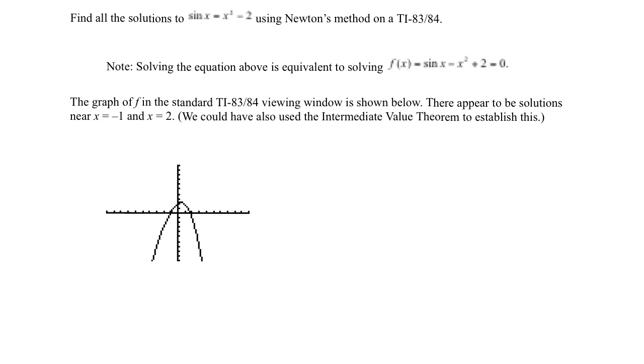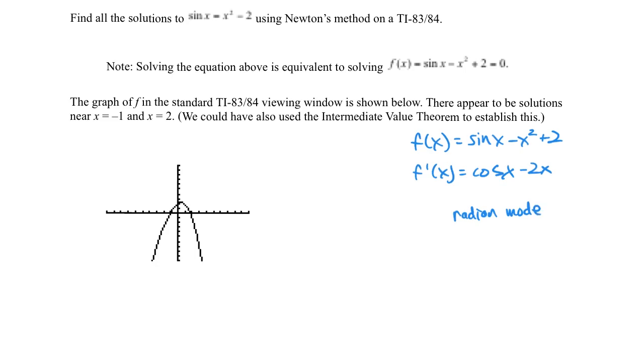Then we need to take the derivative. So using this, we've got f of x is equal to sine of x minus x squared plus 2. So then f prime of x is going to be equal to cosine of x minus 2x. So those are what we're going to need to use. Make sure you're in radian mode in your calculator,